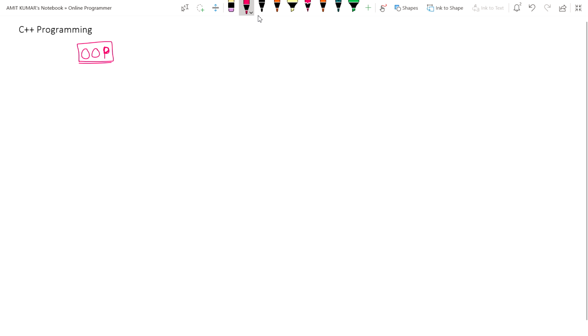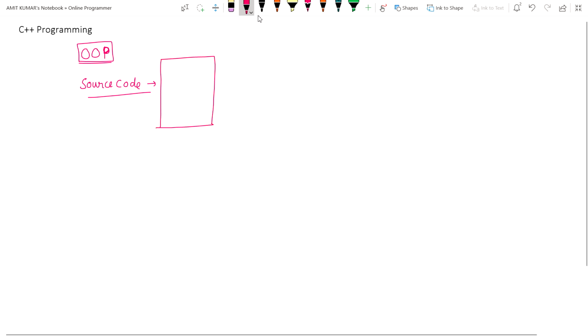Coming to today's topic, the code that we write, we call it source code. When I use this term, I am talking about a file which is written by you. You have written your instructions line by line, and you saved it with an extension of cpp.